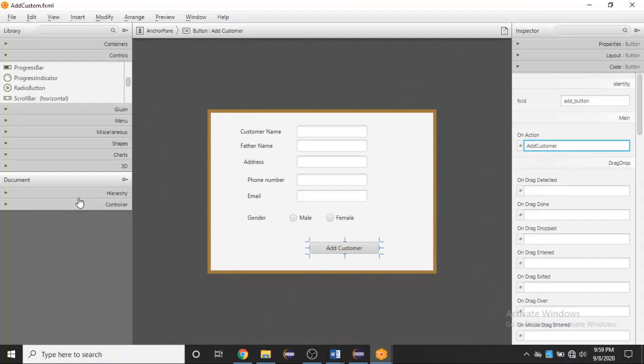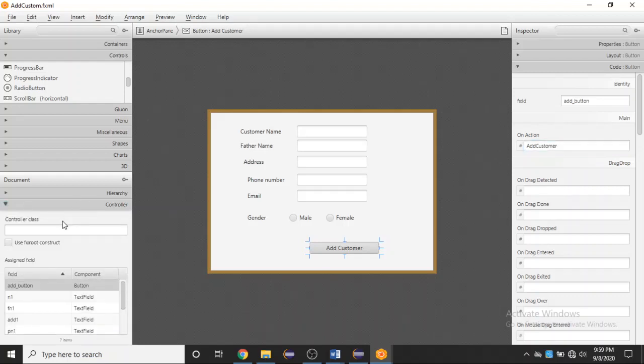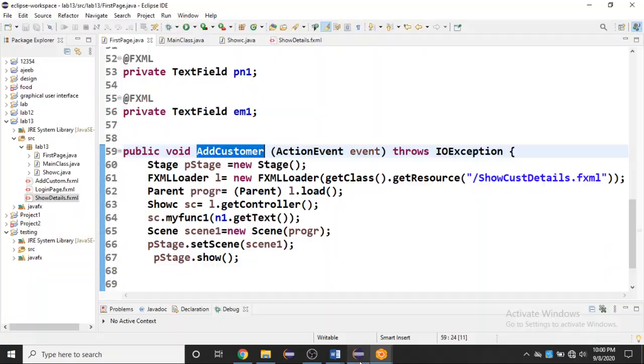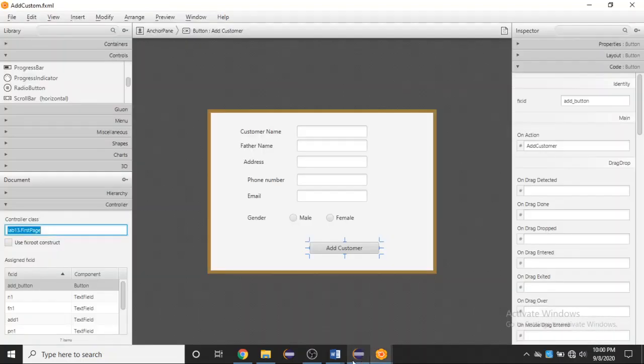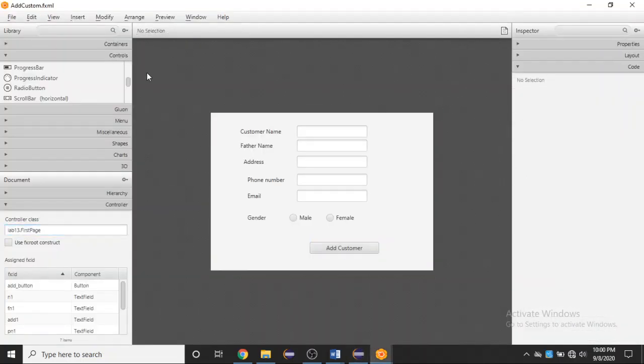Now checking controller class, we have to add this FirstPage. Now I have to save this.